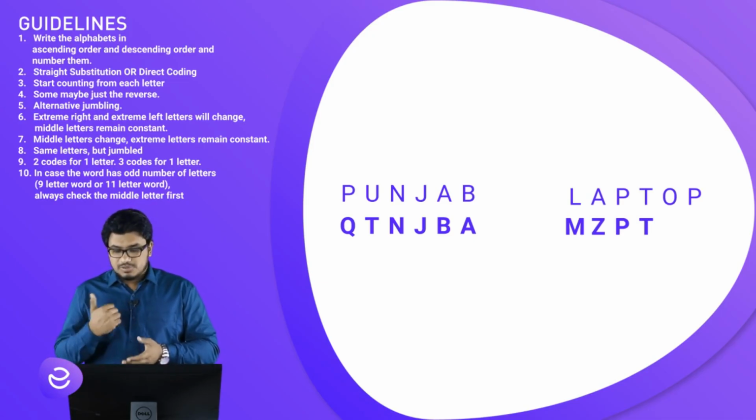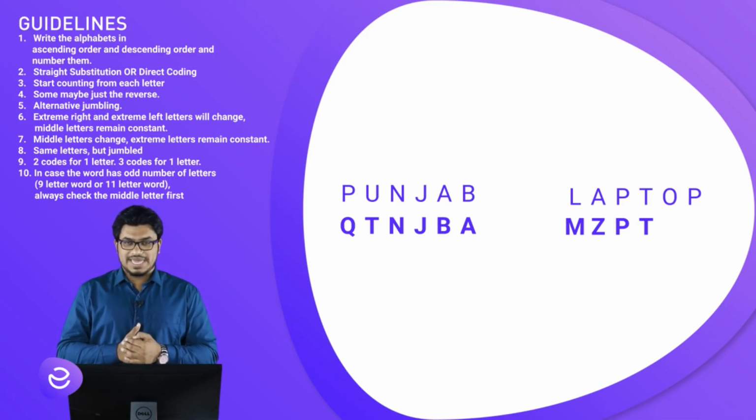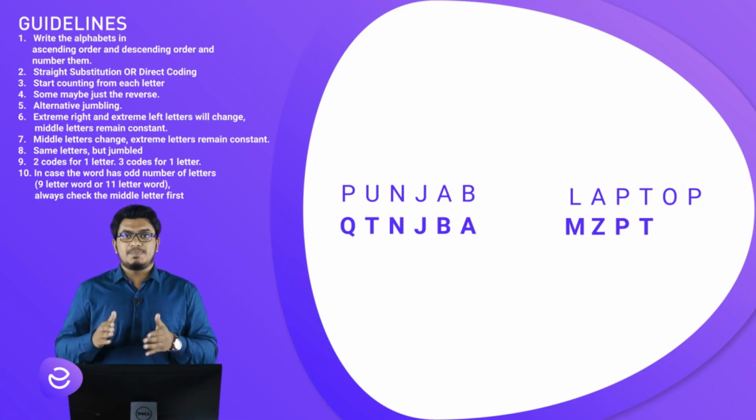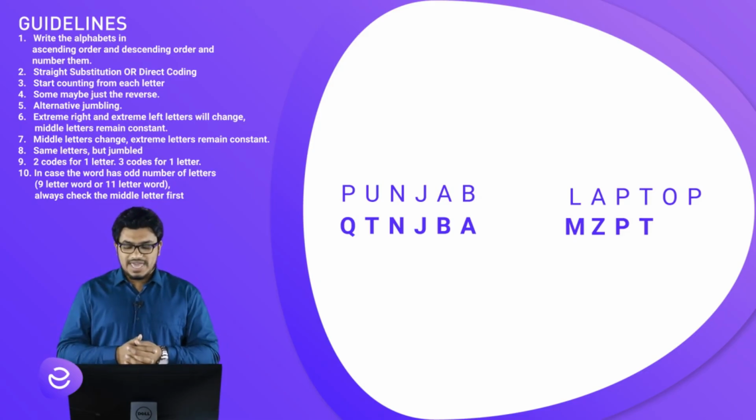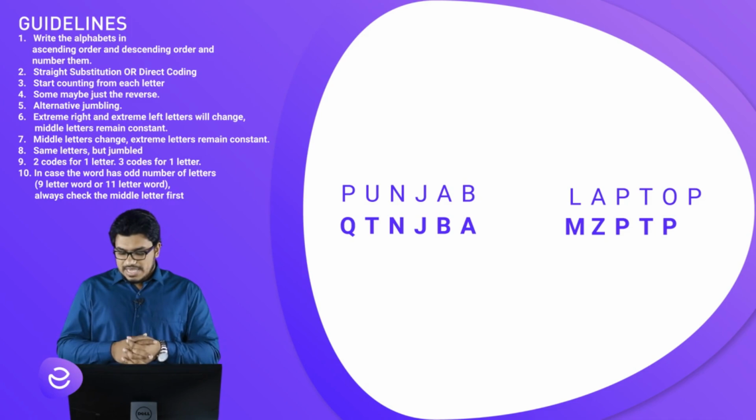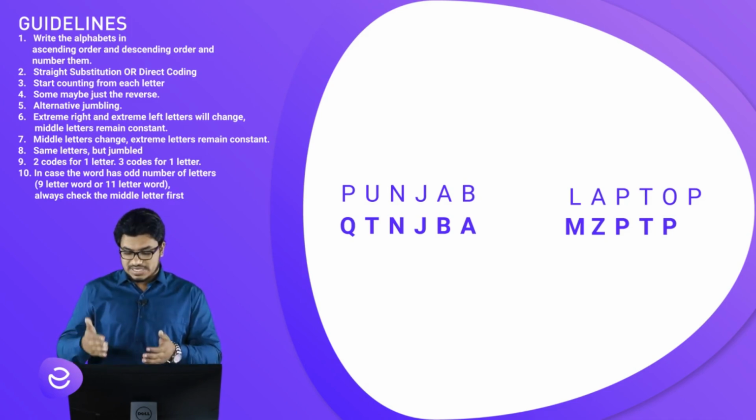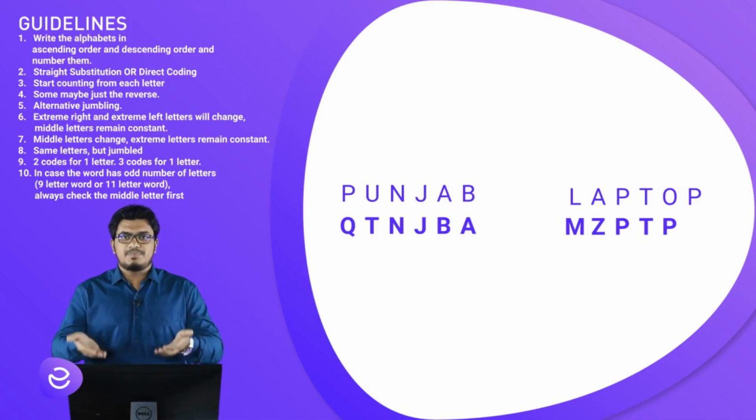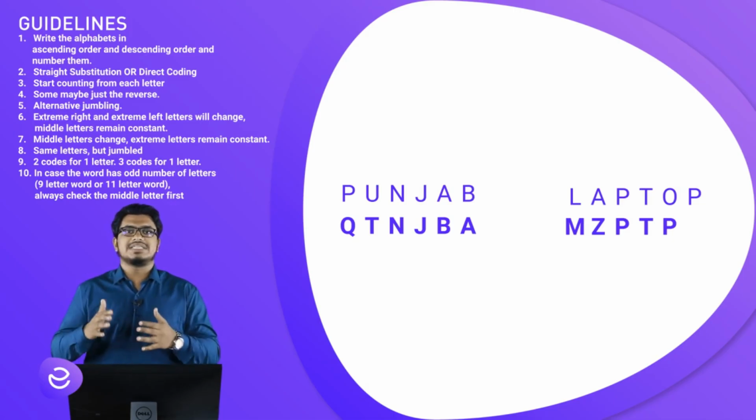Then come to the word Punjab again. A, B. So B is the next letter of A. So you get the letter O in laptop. So the next letter will be P. And the last letter of Punjab is actually B. You get the previous letter. So it is actually the next letter, previous letter, next letter, previous letter. That is how it goes when